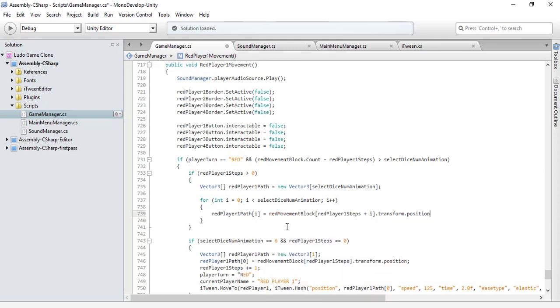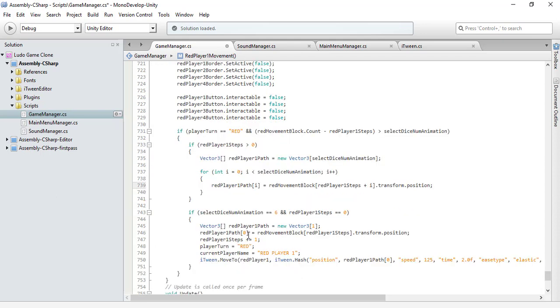So these are the things that you should keep in mind. Now what this code is basically doing: first it will create the array of indexes for the rolled dice number, so sometimes it will be 2, 1, 3, 4, maximum up to 6. When we come to this loop, first at the zeroth index, where i is equal to 0, red player 1 steps will already be greater than 0 because here we have incremented it, and it will be equal to 1. So 1 plus 0 is equal to 1, and it will store the position